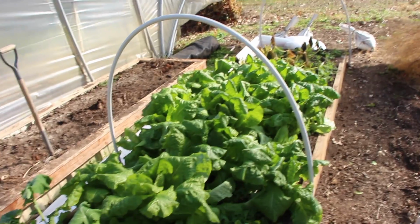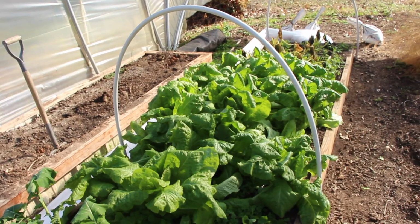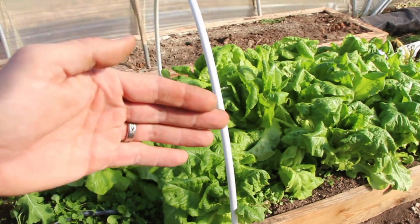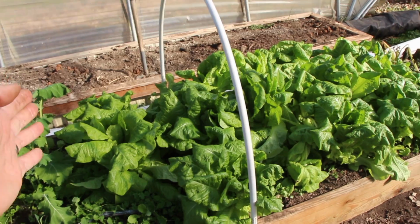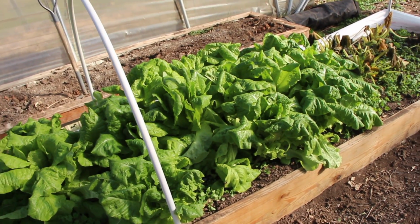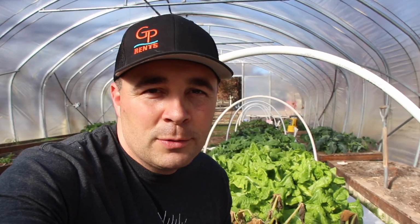That's more lettuce than my family can eat in a month. And that was about a 4-foot wide bed and about 6 foot long. That's it. We can't keep up with it, literally. Now there was one thing I wanted to try just to see if I could get